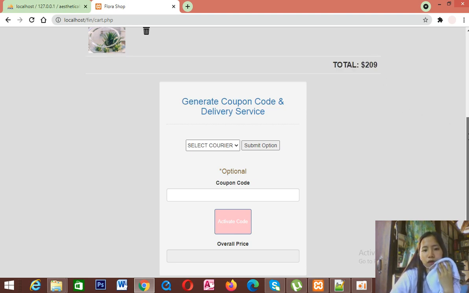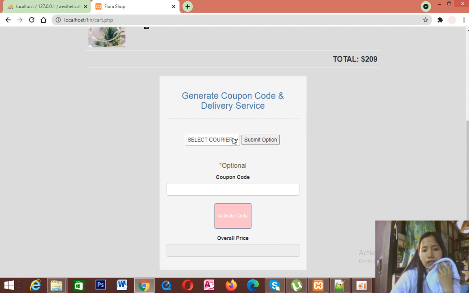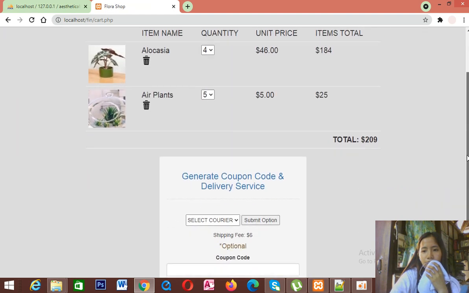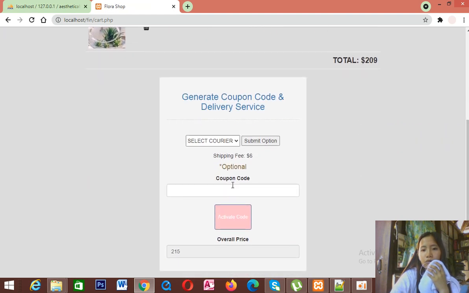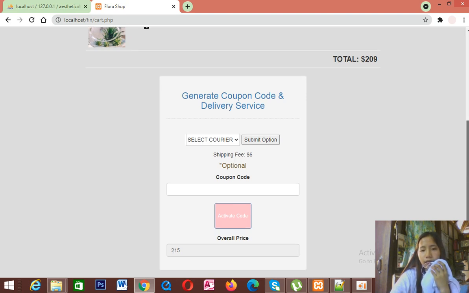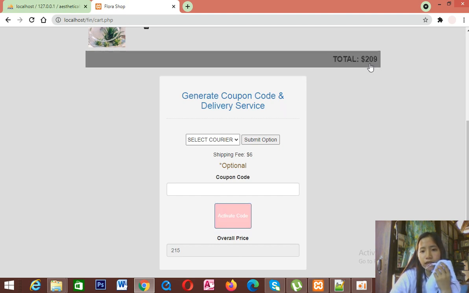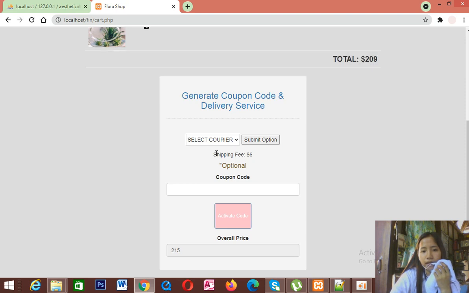So we're going to select a carrier. This will display the amount of the shipping fee, as well as automatically add the total amount of the price and the shipping fee. So we have here the calculated amount, which is